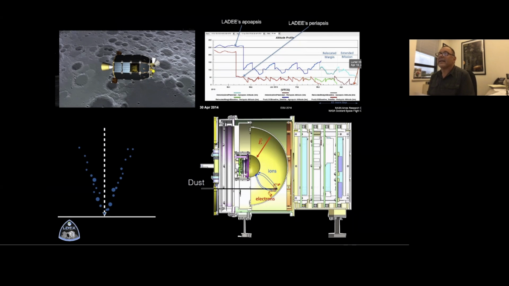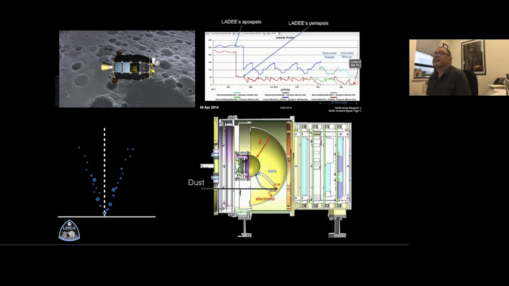We had an incredible mission not so long ago, in 2013, 2014, the LADEE mission. That's the spacecraft on the left. The top right shows the trajectories. It started out at 200 kilometers above the surface, then dropped down to between 100 and 50 and so on. It is an impact ionization dust detector. On the bottom right, a dust particle comes in, hits a target, and generates a puff of plasma that is separated by an electric field, and we record the electron and ion signals,